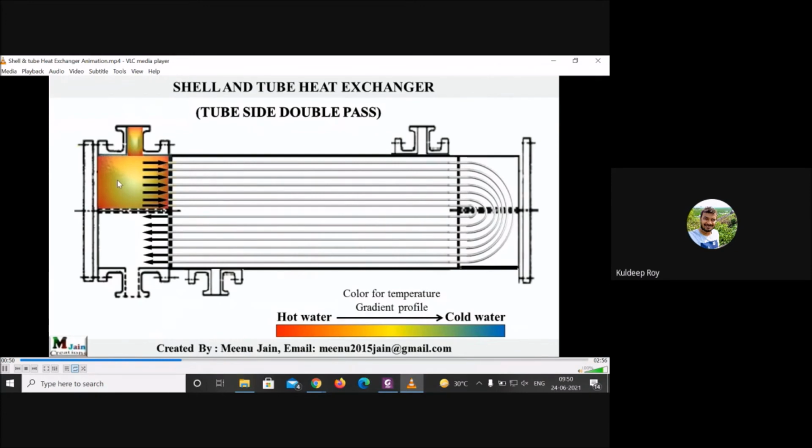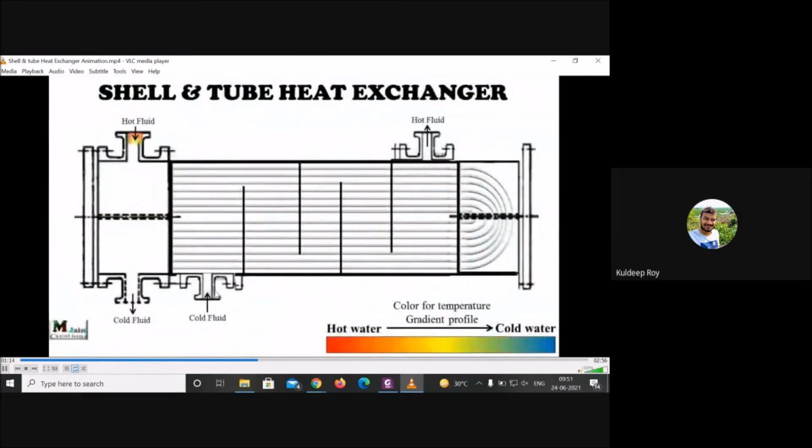Now you see the hot fluid is entering inside the tube. Now you see it is moving and it will come out after the heat transfer. Now this is hot, this is cold. Now check which kind of gradient it will form. Hot water will enter and here will be your cold water. It will go here, heat transfer will occur, then it will go here, heat transfer will occur. Now you can see the color visualization which is also changing. Same thing, heat transfer will occur.